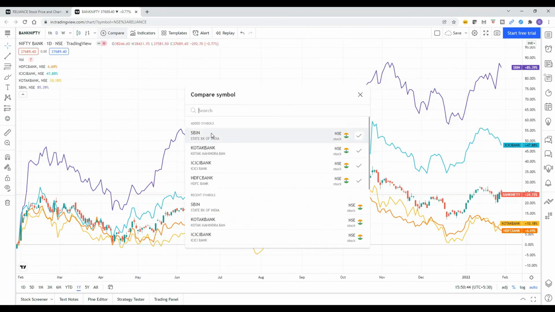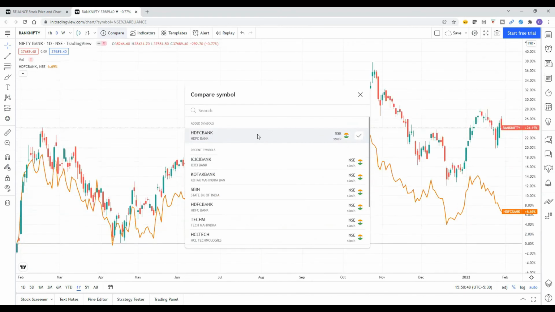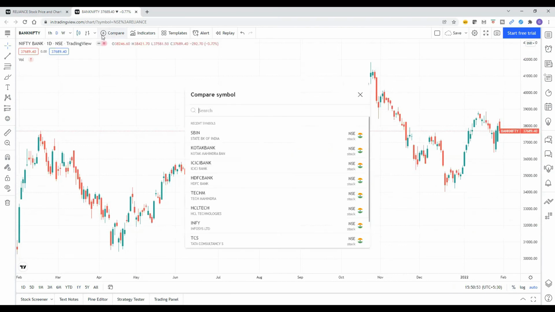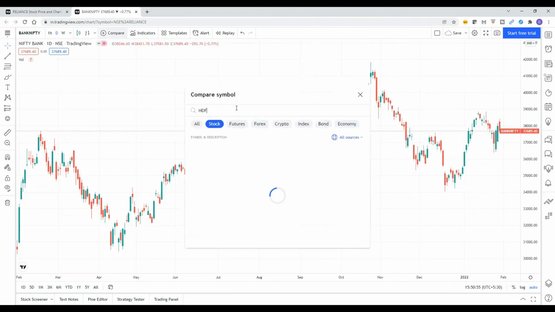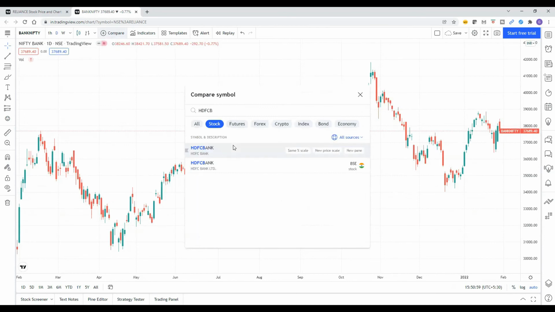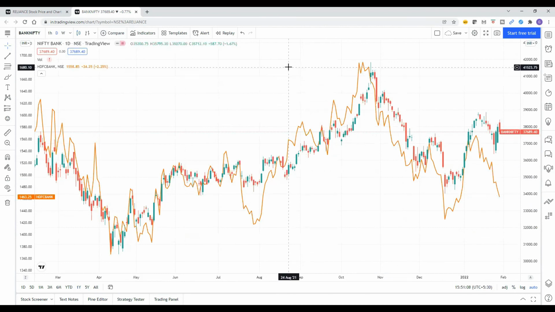Let's say, in the comparison, I want to see HDFC Bank with this as a percentile, right? In terms of percentage, a new price scale. It opens a new pane. Yeah, this is a new price scale. Generally, we don't use this one. And when you compare this,